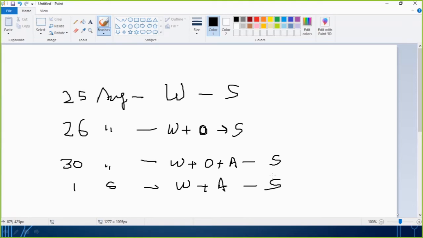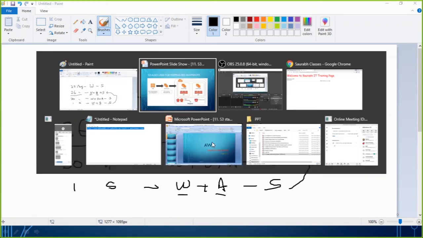What is the benefit of it? These are all keeping the snap of your machine state. So maybe today you want to go back to the previous condition as it was on 26th of August. On 26th of August, your computer was having Windows plus Office. But right now what do you have? Windows plus Adobe. So if you want to go to the previous situation, you can revert to the previous snapshot. You can apply the previous snapshot. So the machine will become as it was on 26th of August, where there was only Windows plus Office. That is what the use of a snapshot is.